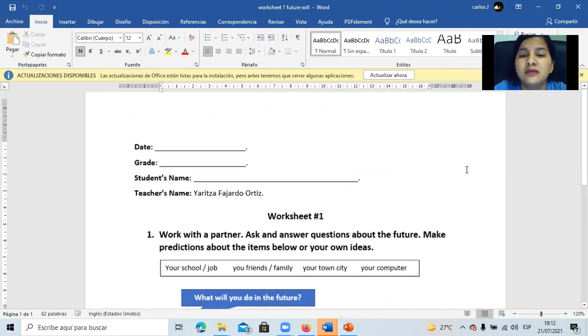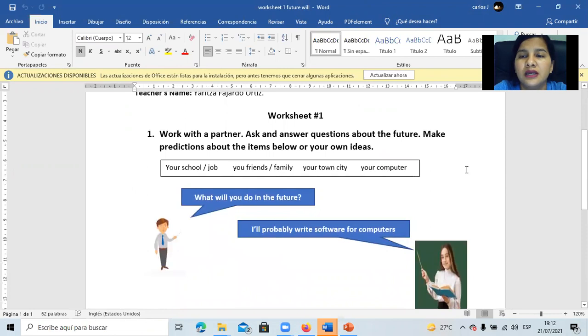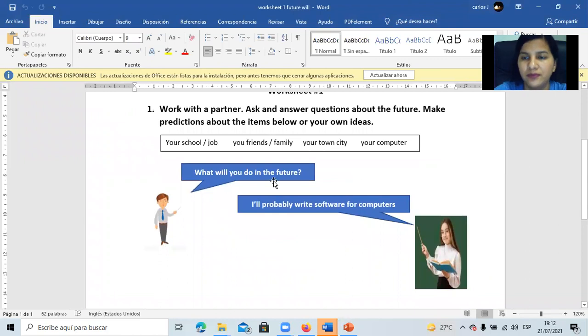Now, dear students, in activity number 1, work with a partner. As I said before, Diana and Michael work together and Carla and Jake work together. Ask and answer questions about the future. Make predictions about the items below or your own ideas. You can use these items or your own ideas. For example,